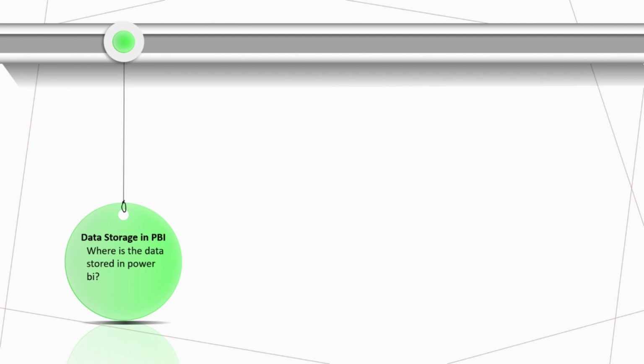In Power BI, data can be stored in a variety of sources including local files such as Excel workbook, text file, CSV file, databases such as SQL Server, and cloud-based services such as Google Analytics or Salesforce. Data can be imported into Power BI desktop and developer can transform the data there using Power Query before publishing